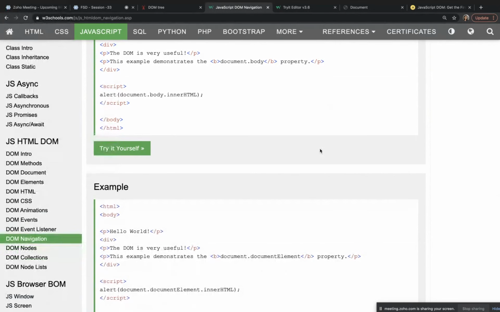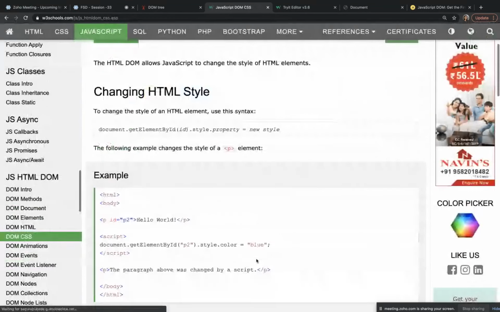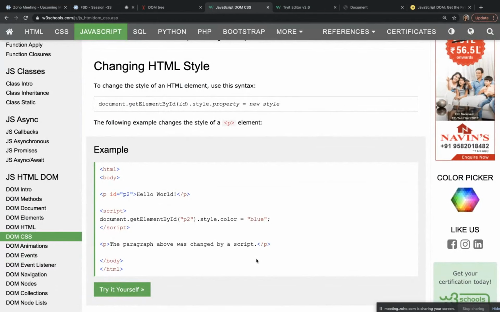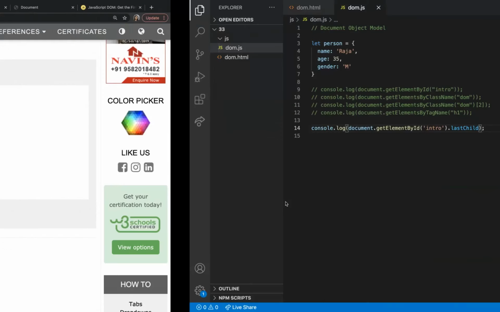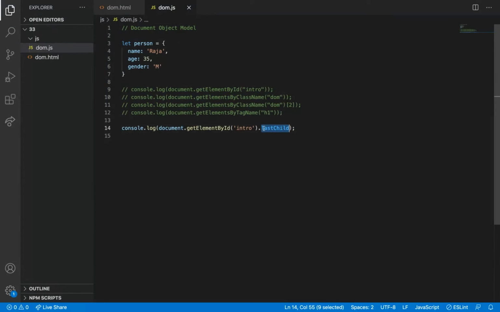Okay, we will see the stylings and then we can wrap up the class. So what we can do, we can add style.color.